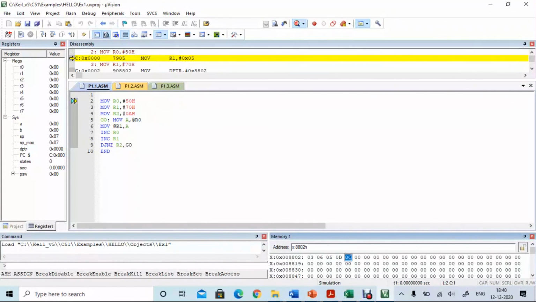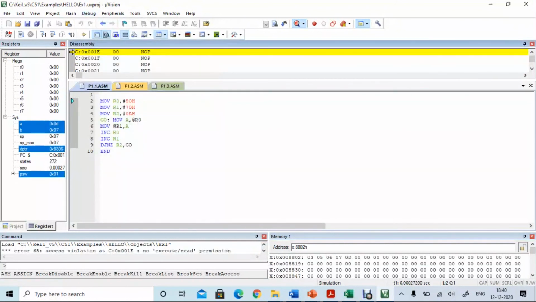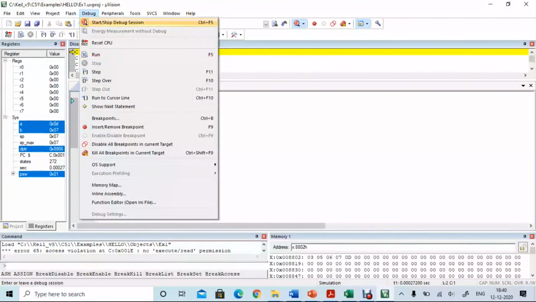So 5 memory locations, the numbers have to be entered. So once it is entered, click on debug, click on run. So we can see the numbers have been arranged in the ascending order in the locations 8802 onwards. So then go to debug, stop the debug session.